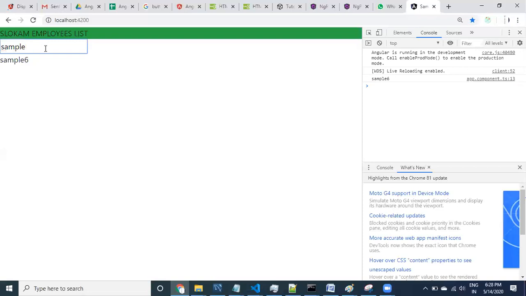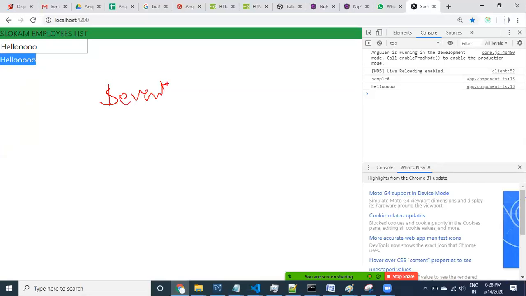See here, guys. I changed it, but it did not get changed. I'm changing it and it is not getting affected. I'm going to provide hello, and then click on this, so the data goes to this property, and then it got applied. See here, guys, here the $event object you are passing from the UI to the component class, HTML to component class. Event is nothing but every event. This can be called the event property. Every event has some target. In this case, the event target is this text box.